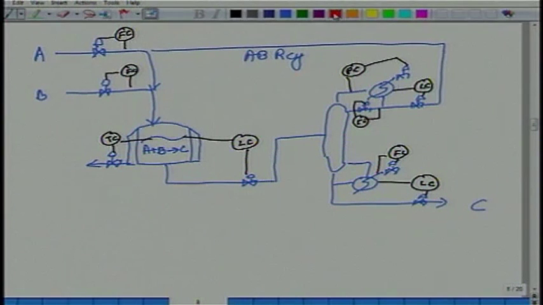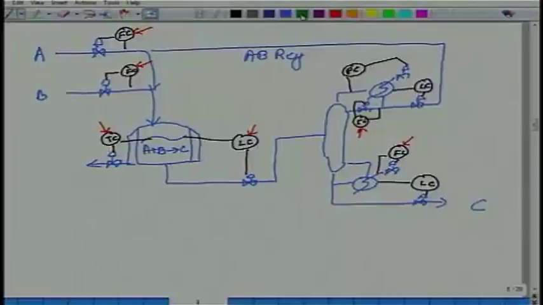So what are the 6 degrees of freedom for this control system? Operator sets this, operator sets this, operator sets the temperature set point, operator sets the reflux, operator sets the reboil or the steam to the column, and these are the 6. Also the level at which you are operating the reactor, 80%, 10%, 20%, whatever, okay. These 6 set points are your steady state degrees of freedom for this control system.